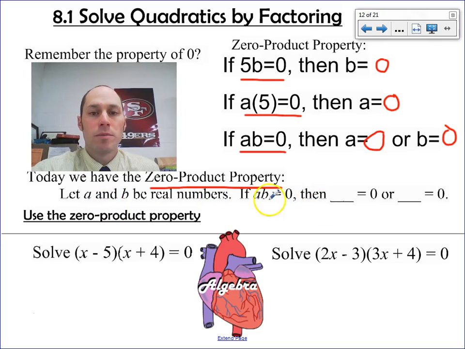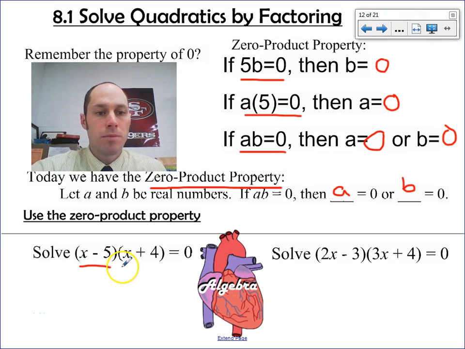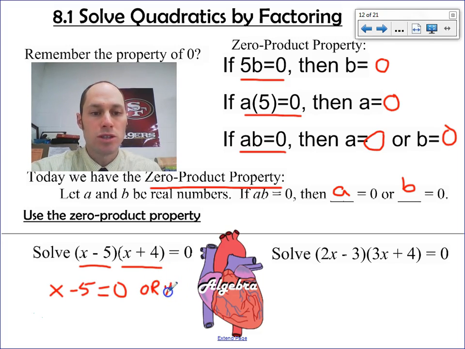If a and b are real numbers and a times b equals 0, I know either a or b would be equal to 0. So one of those factors has to be equal to 0. So we can apply that when we have two factored products equal to 0. I know either the first product, x minus 5, has to equal 0, or the second product, x plus 4, would have to equal 0 in order to make this a true equation,